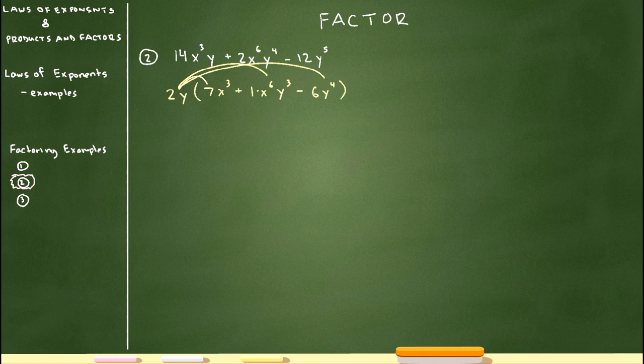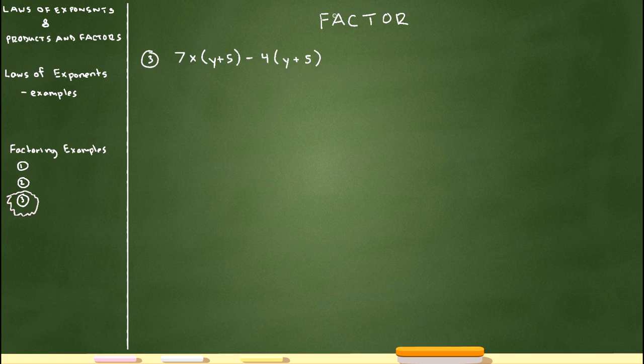And now with example number 3, we're doing the same thing. We want to factor. So in this particular case, I guess we don't need the laws of exponents too much, but I just want to remind you that we could factor out binomials as well as monomials. So we have our first piece here and our second piece. You want to look at what these two pieces share, and you see that they both contain y plus 5. So we could factor out